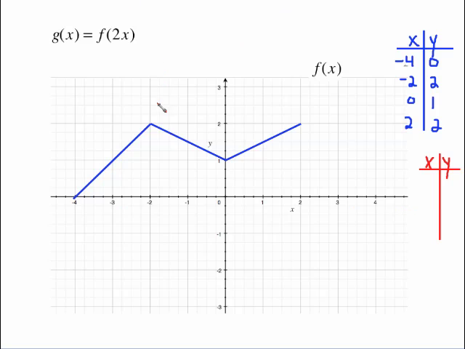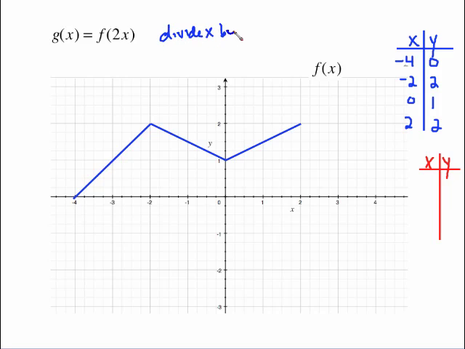The best kind of graphs for me to use for you to learn this is one of these just kind of weird ones that I draw the picture separately. So here's a picture I just happened to draw. Here are the ordered pairs that go with that. Then I'm going to do what this says here. This is f of 2x. So I know I need to divide